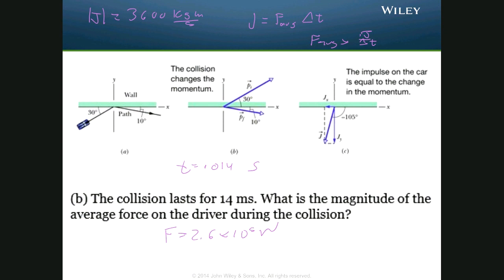Your reduction is almost an order of magnitude on the force that you're feeling. So if you could get this up to a second, this becomes quite a bit less. A force of 260 newtons for a 1 second collision is substantially less than 260,000. So when you're increasing collision time, particularly in contact sports around the head,